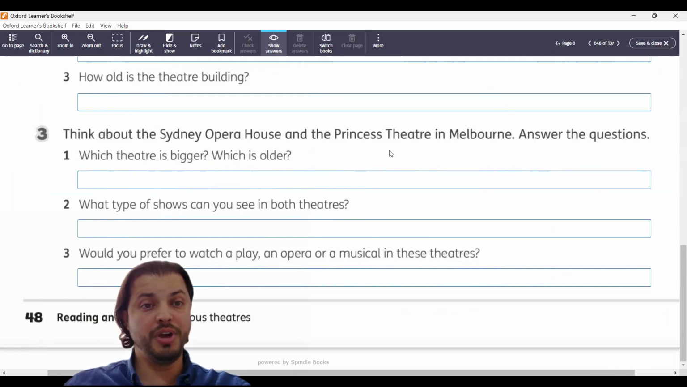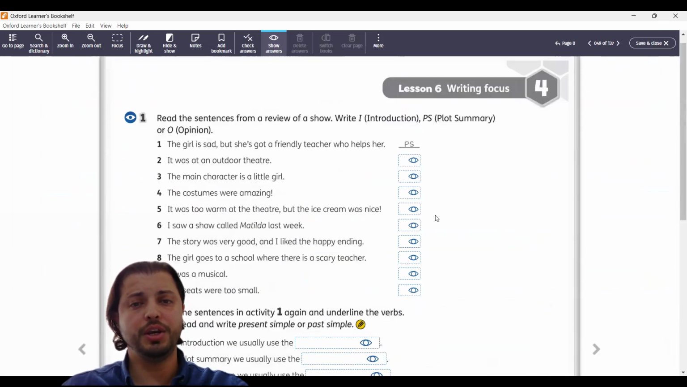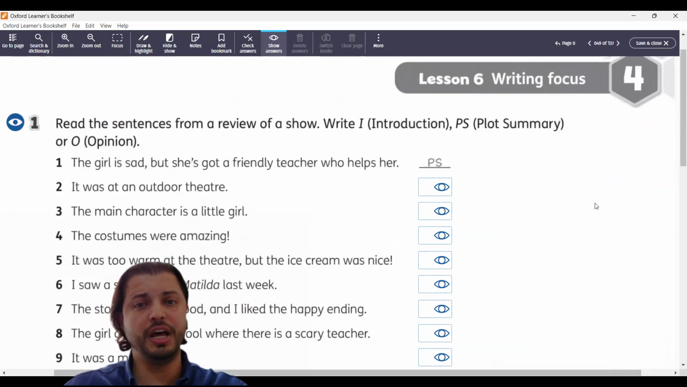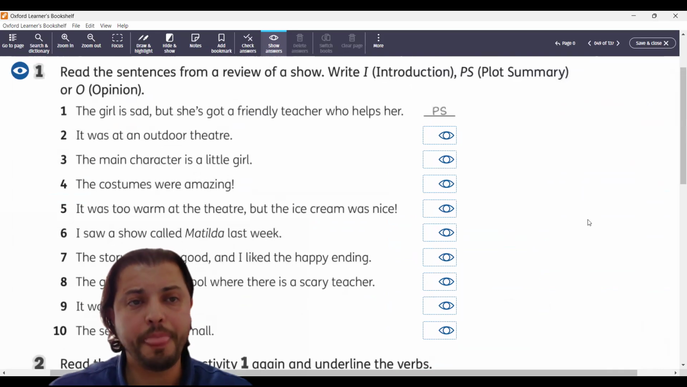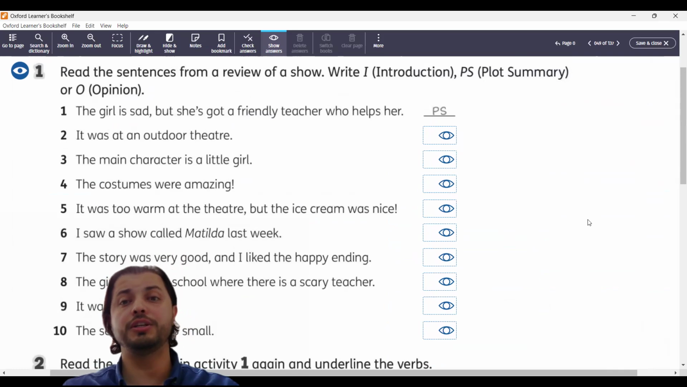It's really crazy. So you can answer the questions by yourself about this story. No worries with that. So let's go with this. Now, read the sentences from the interview of the show and write introduction,